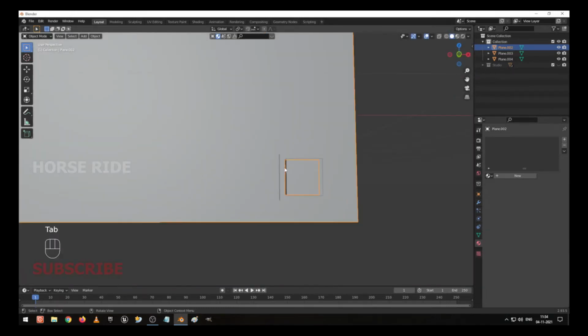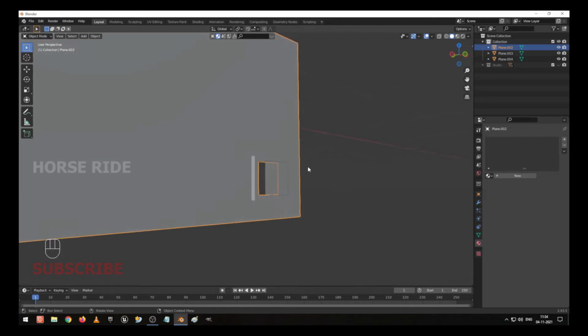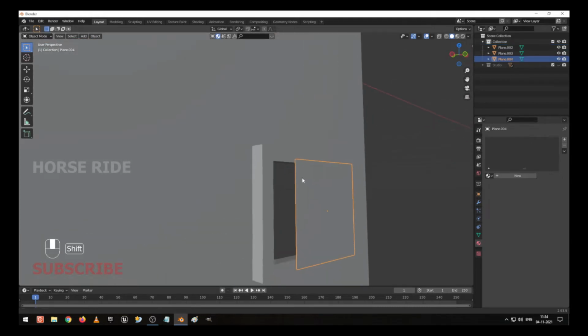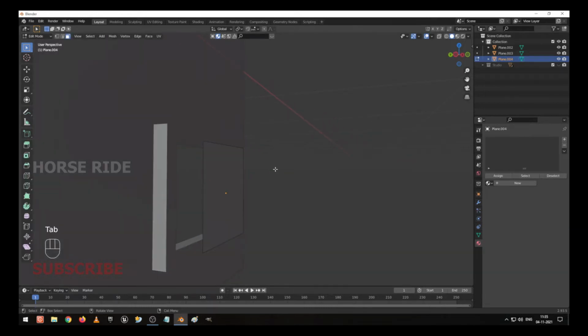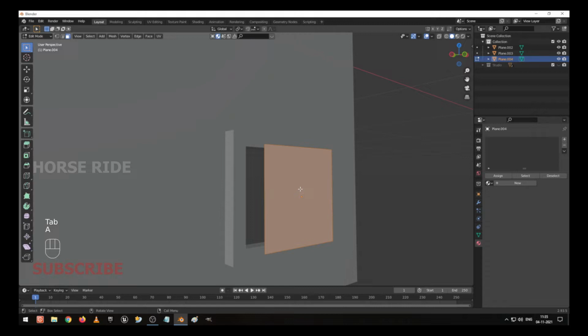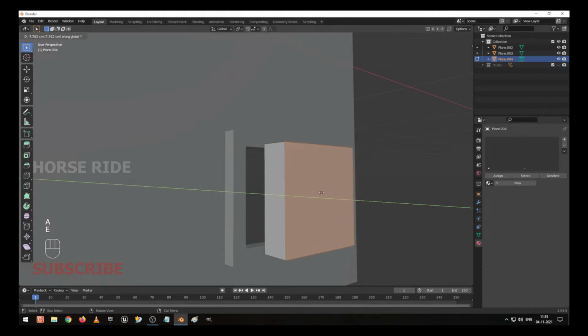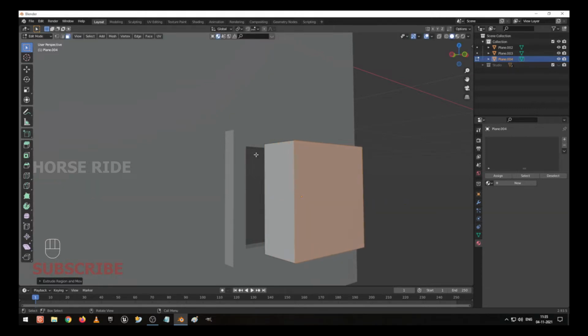Now here we have created one shape. Here we are going to give this as a button. So how we are going to do that is, go to edit mode, select all the faces, E to extrude in the Y axis. I create the shape like this.